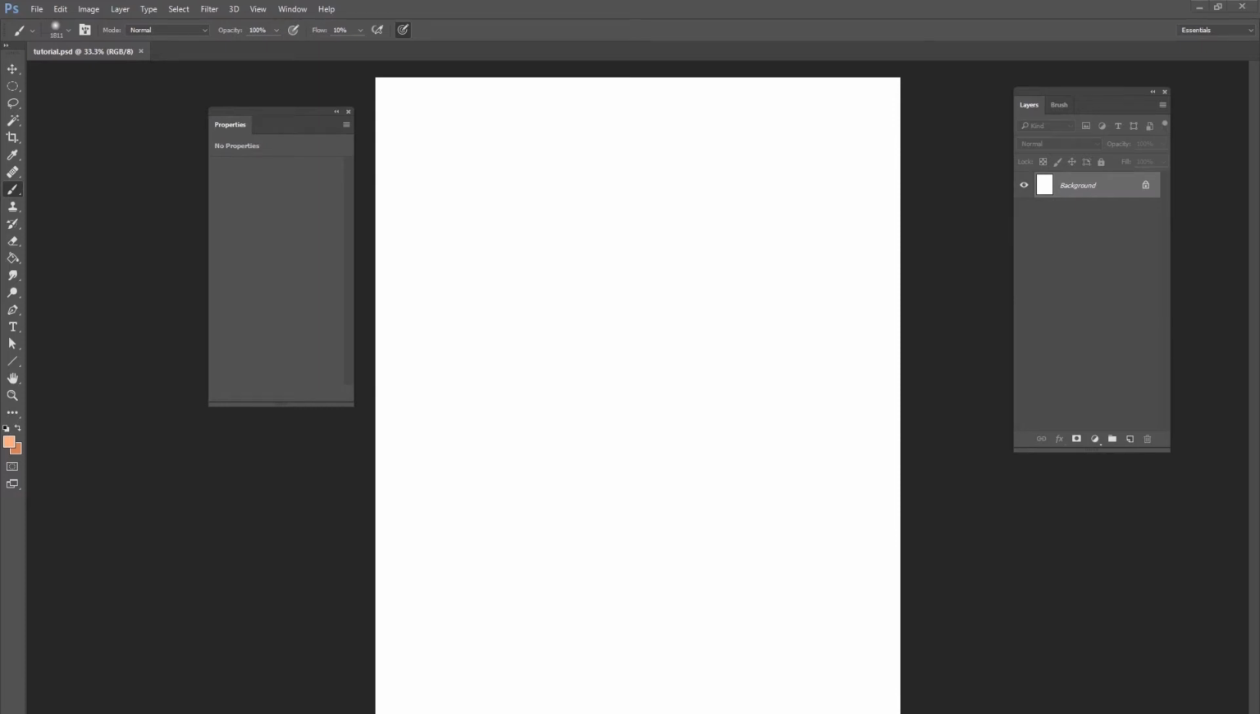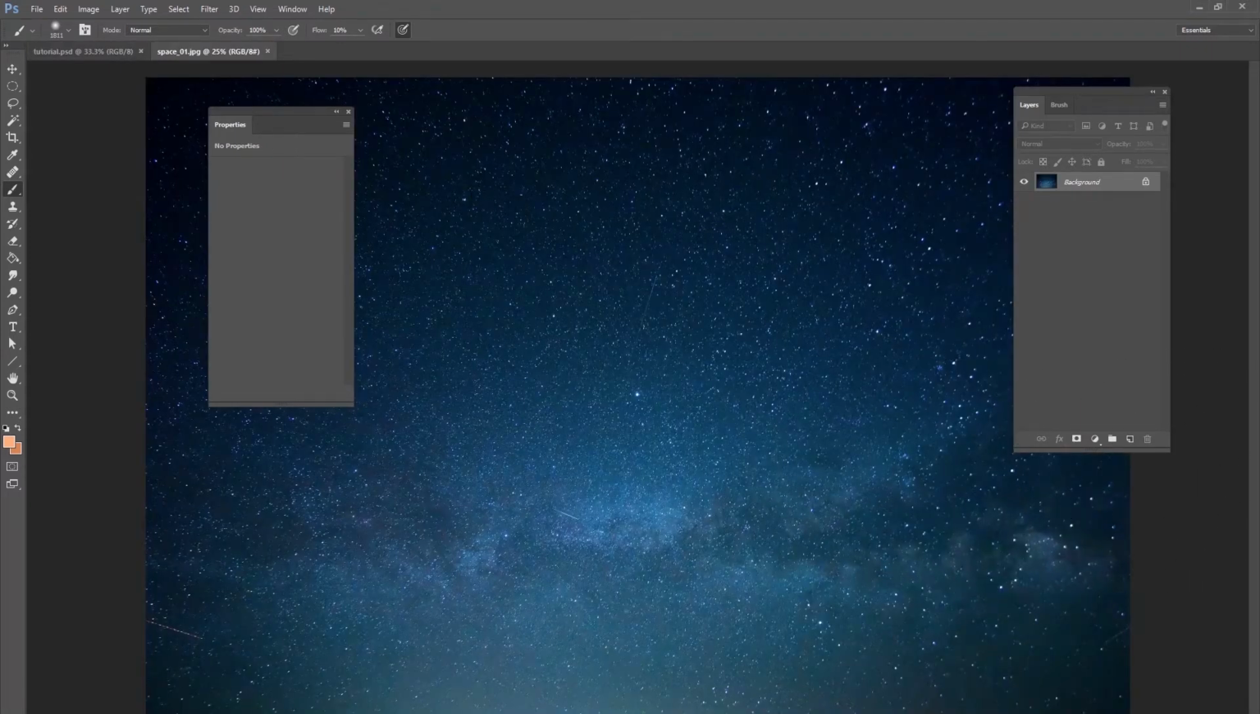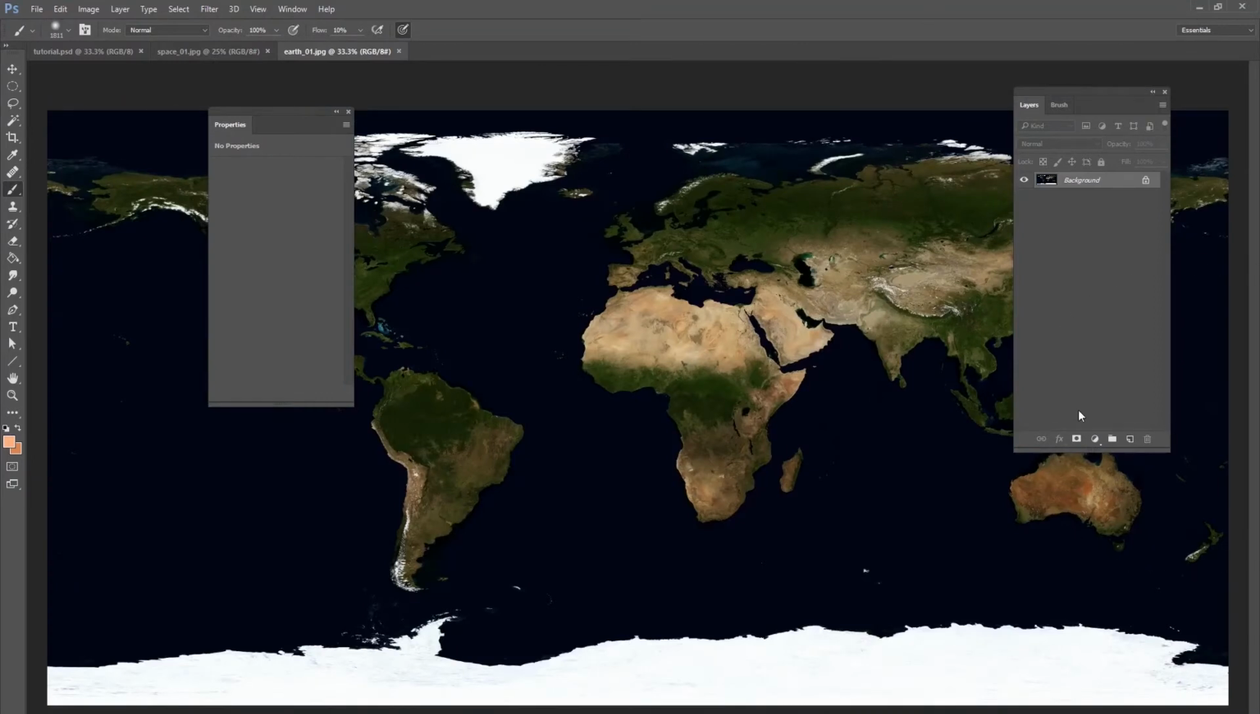Now you're going to need a lot of pictures for this one, and I'm going to show you how to blend them all together and create this surreal type of flat Earth picture. So let me go ahead and bring these pictures in. First of all, we're going to need our space image, like this. We're going to need our picture of the Earth, which is just a picture of the entire Earth